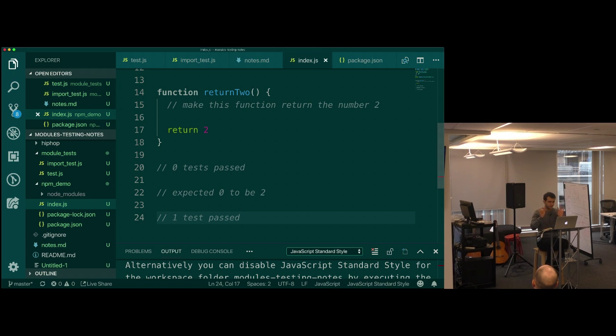So this is what you're going to be doing in the mock test this afternoon, and I want to show you how that works underneath, right? I want to show you how that works underneath. So